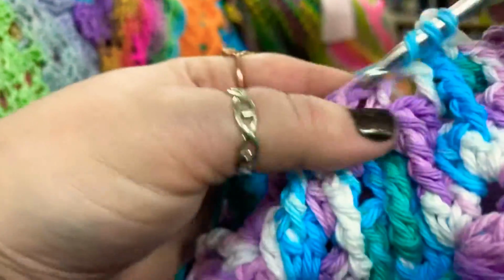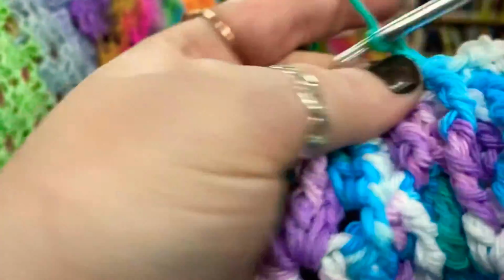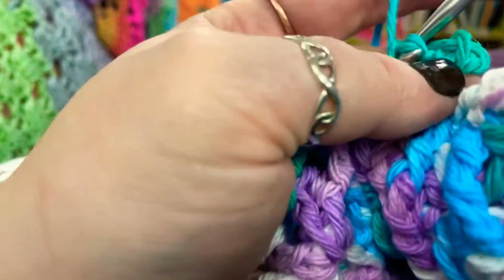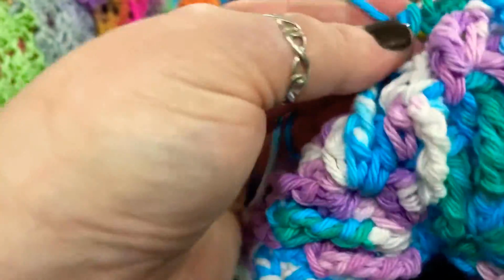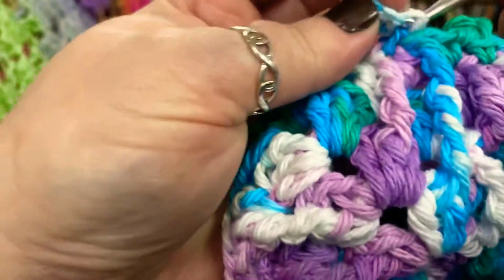Single crochet, loop twice, around the post, 2, 3, single crochet, chain 3, and through all 3 loops there. Single crochet, 2 loops, 1, 2, 3 stitches, single crochet, chain 3, pull through all 3 loops, single crochet,